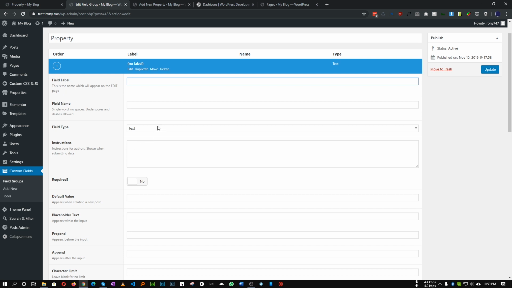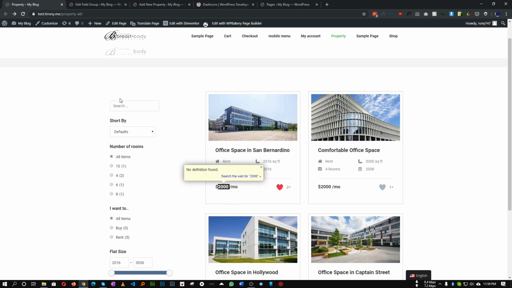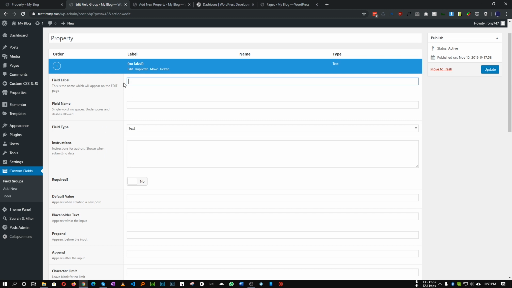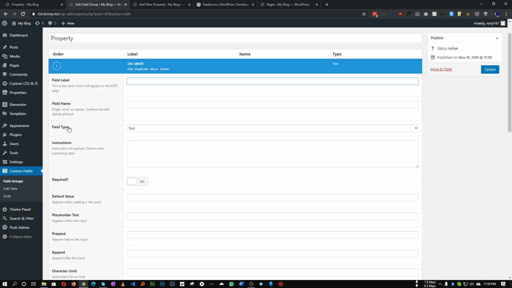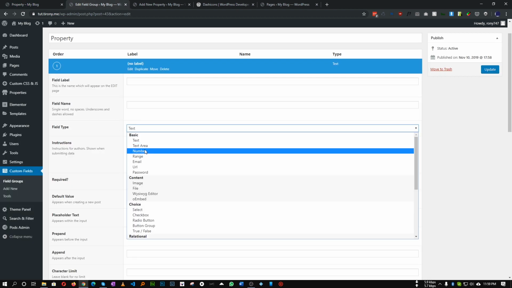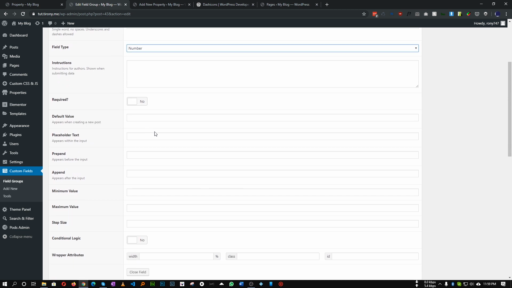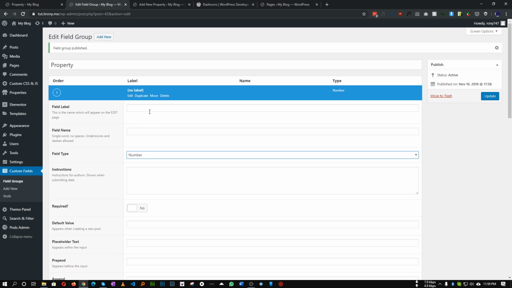So first of all, let's add our property price, this one. So this price will be a number. First of all, you need to determine which type of field you need. In our case, the price will be a number field. So in here, for field type, choose number, and all the related settings for that particular field type will show under this. So first of all, let's give our field a name, that will be price,